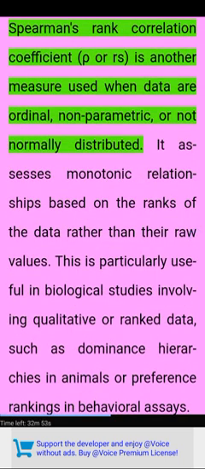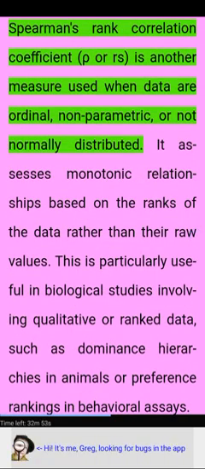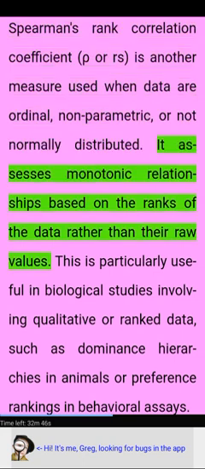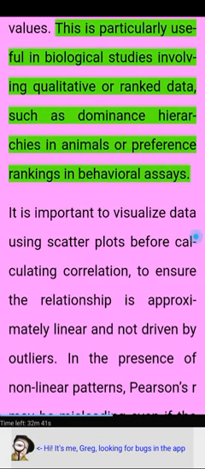Spearman's rank correlation coefficient, ρ or rs, is another measure used when data are ordinal, non-parametric, or not normally distributed. It assesses monotonic relationships based on the ranks of the data rather than their raw values. This is particularly useful in biological studies involving qualitative or ranked data, such as dominance hierarchies in animals or preference